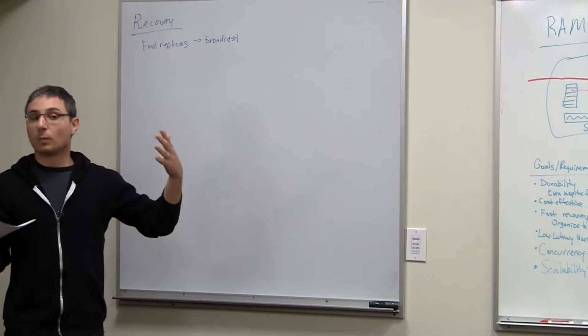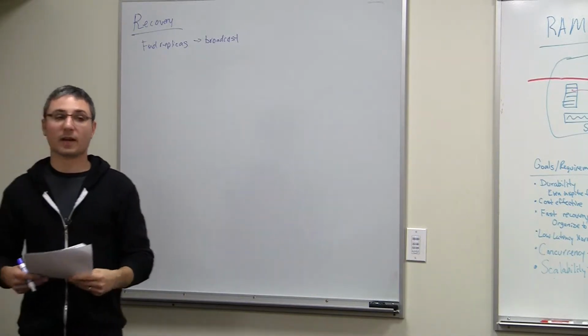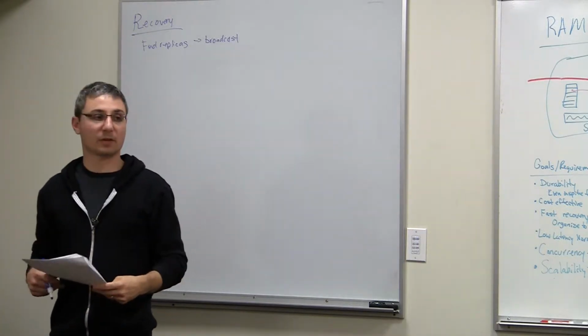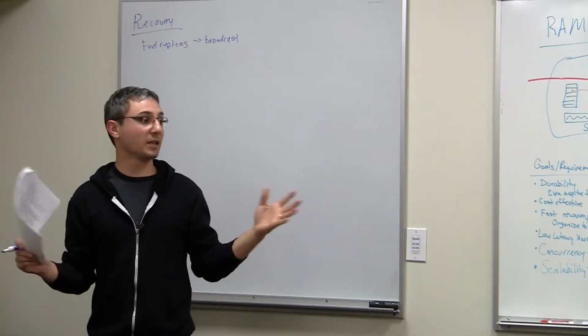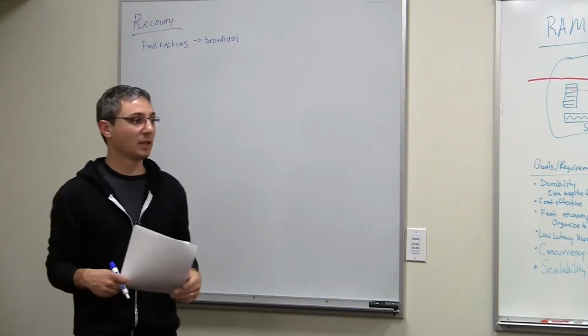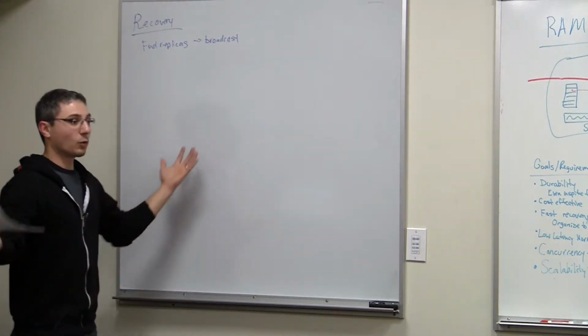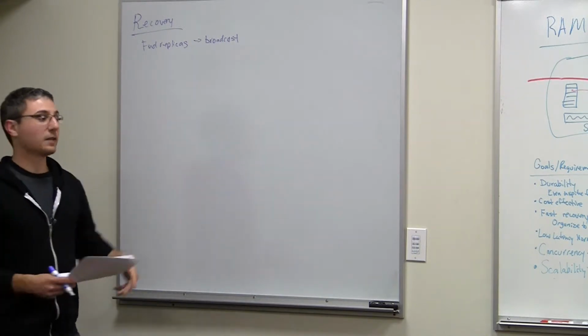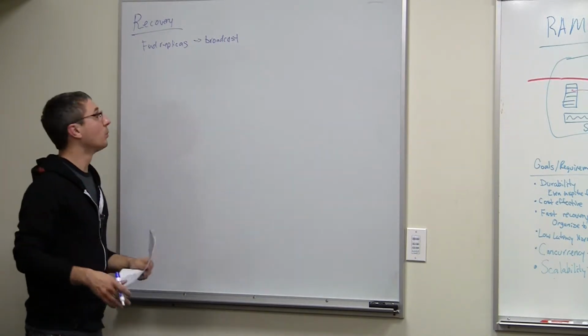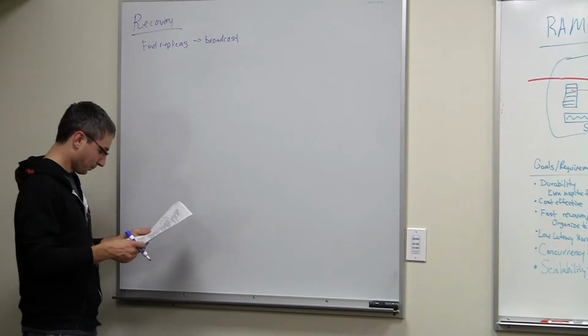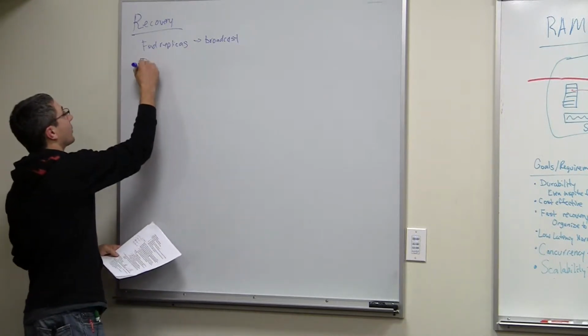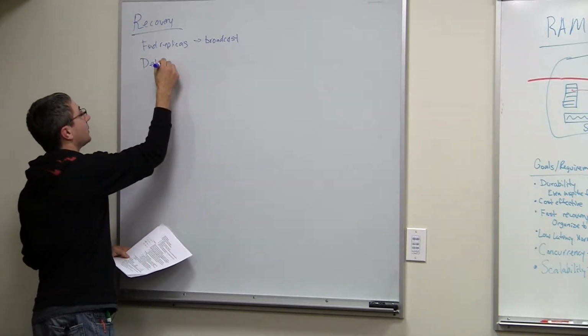At the beginning of recovery, we send out a broadcast and ask every backup in the cluster, for this particular server ID, do you have any replicas that it left on your disk? Then the coordinator gets this list back and aggregates it together to figure out where all the replicas are in the cluster. So the next important question, though, is